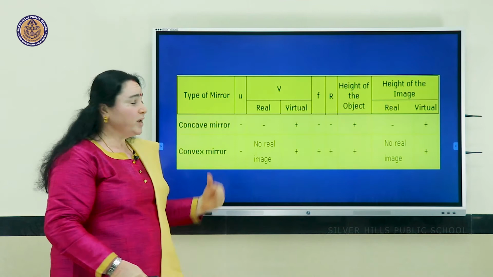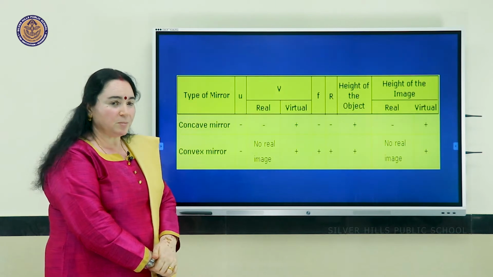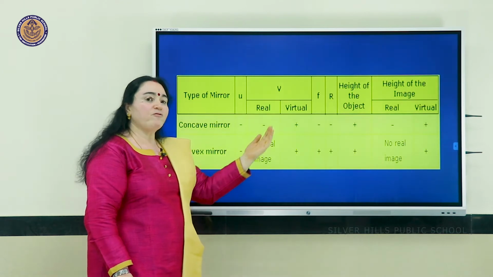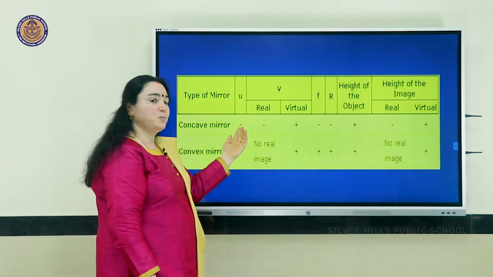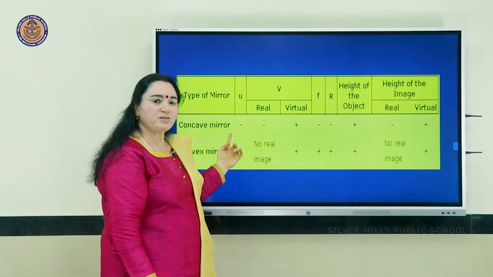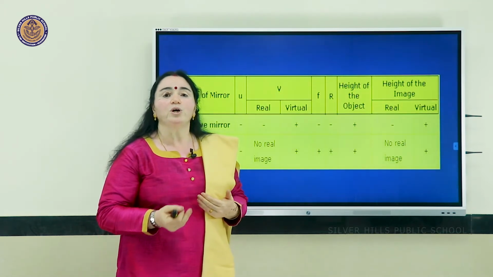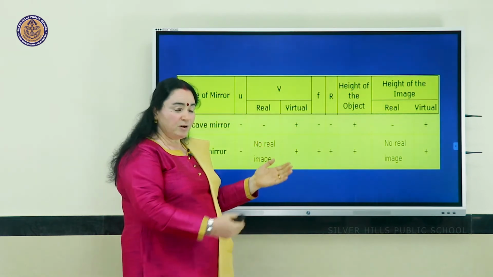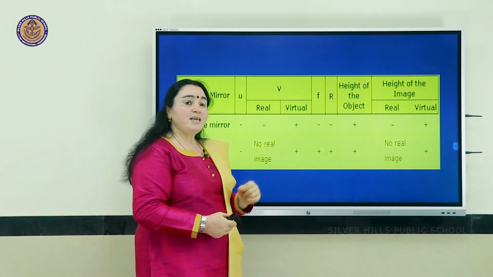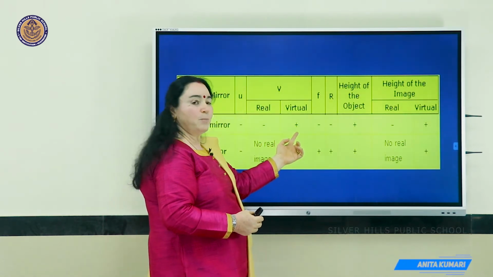Now, look at this chart that I've tried to put in for the Cartesian sign convention for both the mirrors. Check for the concave mirror. My object is always going to be lying in front of the mirror, and the measurement is to be taken in the direction opposite to which the light is traveling. As a result, my object distance is always going to take a negative value. My image can be real or virtual. If the image is real, it will be falling in front of the mirror, so the value will be negative. Next, virtual images are created behind the mirror, so the value will be positive.